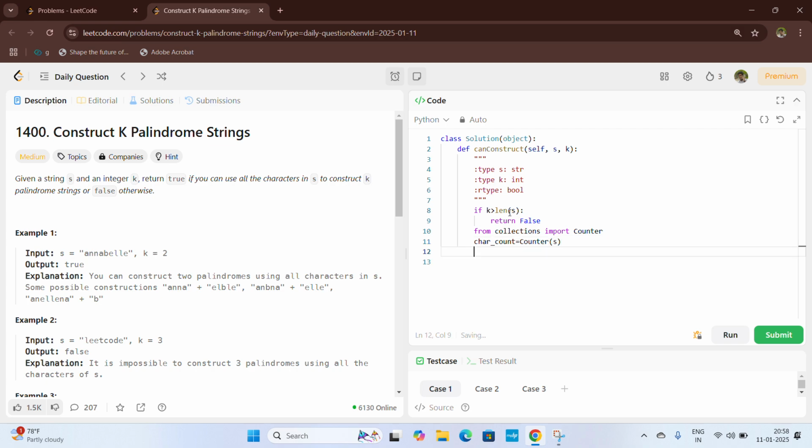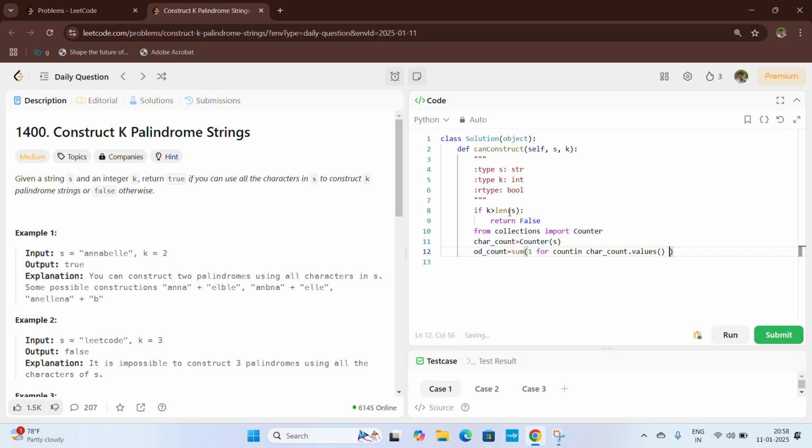Next we initialize odd count. Odd count is equal to the sum of 1 for count in character count dot values